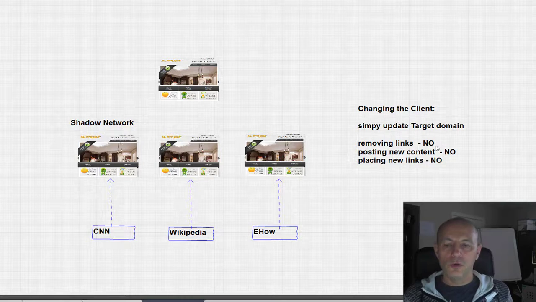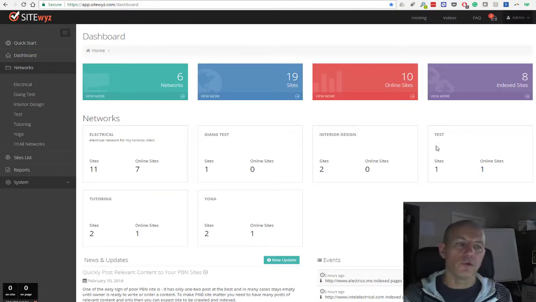Removing links, no, you don't need to. You don't need to post new content. You don't need to reindex new content. You don't need to place new links. So, a few questions. Should we take care of